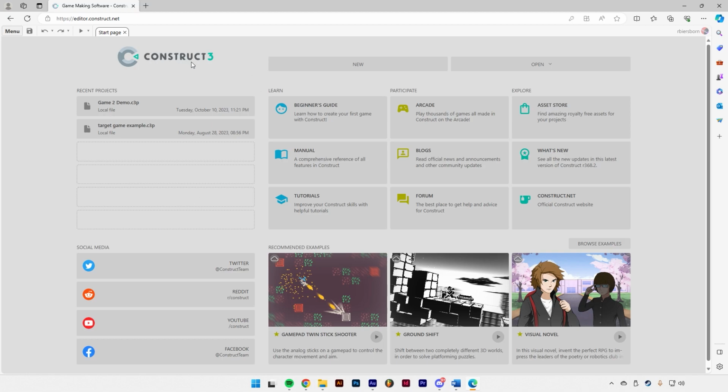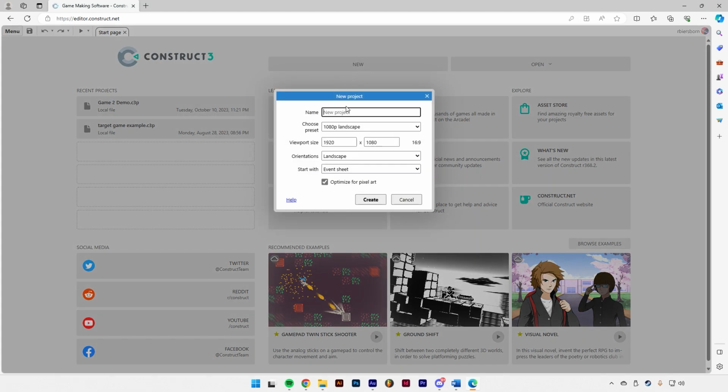I'm here in Construct 3, and I want to start by clicking New. Now let's name this project. You can name it whatever you want. We're going to make a side-scrolling game, so I'm just going to call it Sidescroller